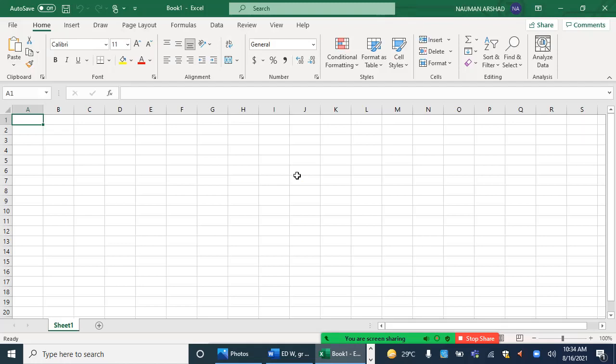What we have learned so far was that these are called cells, right? Initially, they don't have any name, but how do we know them? This is C5, because it is in the fifth row and column C. So this is C5. Similarly, if we talk about this one, this is D8, right? This is A1. This is A4. So right now they do not have any specific name, but we can give names to them. We can give labels to them, right?